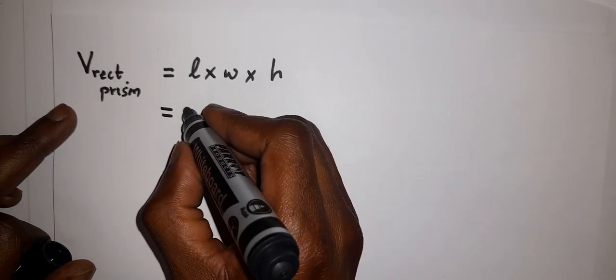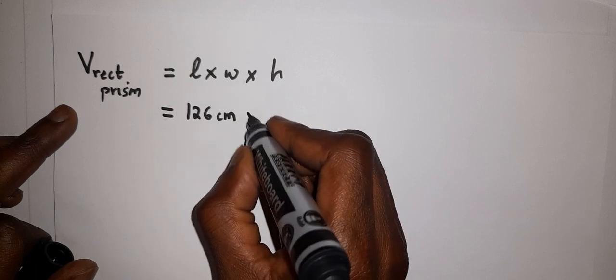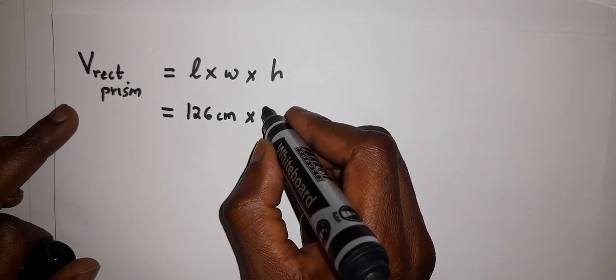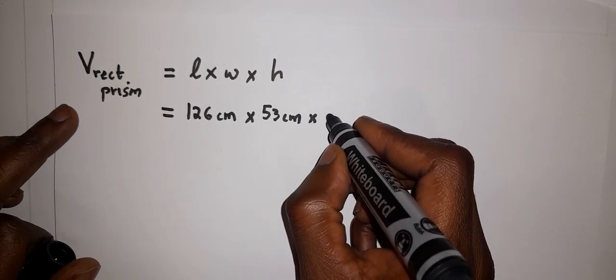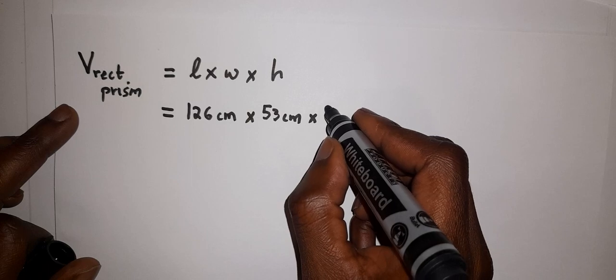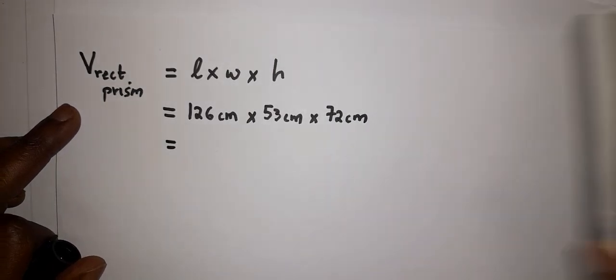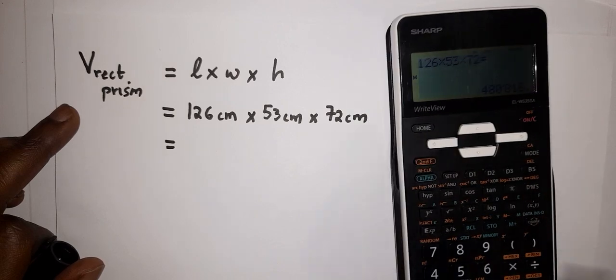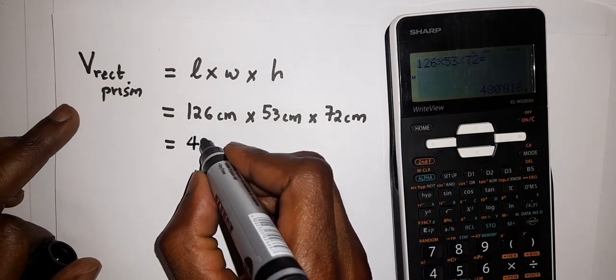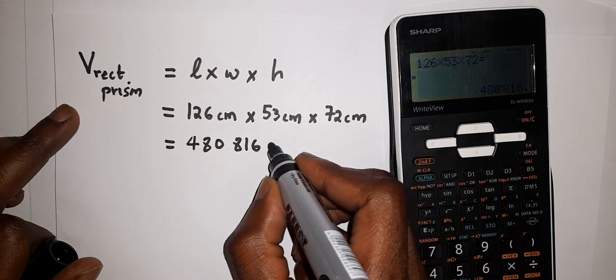Therefore, we'll have our length being 126 centimeters multiplied by 53 centimeters multiplied by 72 centimeters. Right, this product will be 126 times 53 times 72, which gives us 480,816